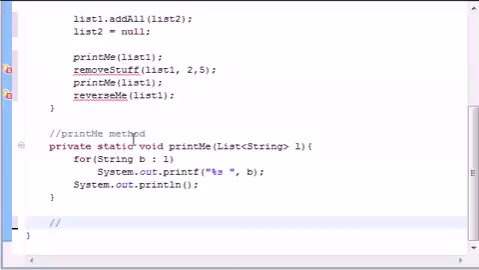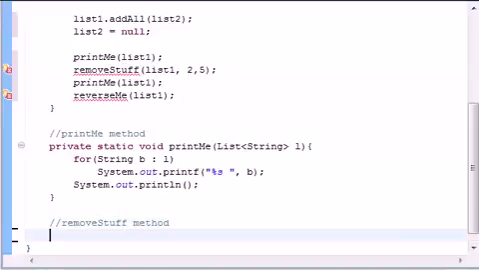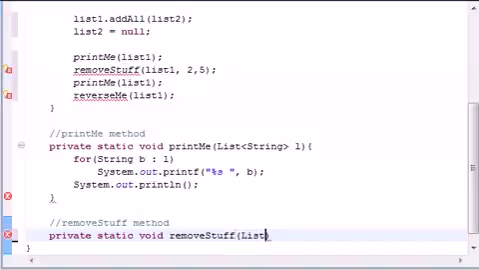So now we can go ahead and build our other method, remove stuff. So let's go ahead, remove stuff method, right like that. So this is also private static void remove stuff, but this one takes a list of string data, and we'll just name this list L temporarily because again I'm lazy, and put int from, int to,